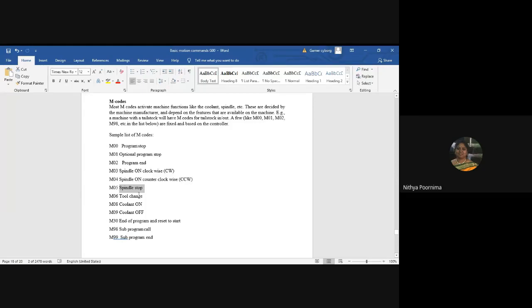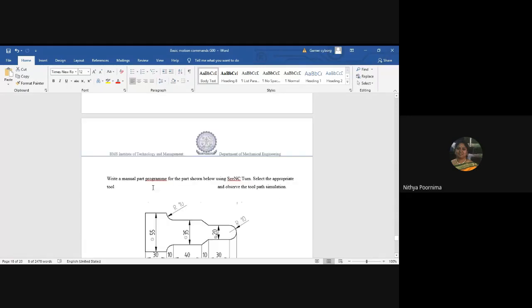Then give M06 for tool change. Once the tool is on, you need to give coolant on. Once you stop the tool, you need to give coolant off. That is M09. If you have to call sub programs, usually this comes in the case when we are not using a canned cycle. We'll make use of this in the sub program call and end program. But we'll leave this because we're using only canned cycles, right?